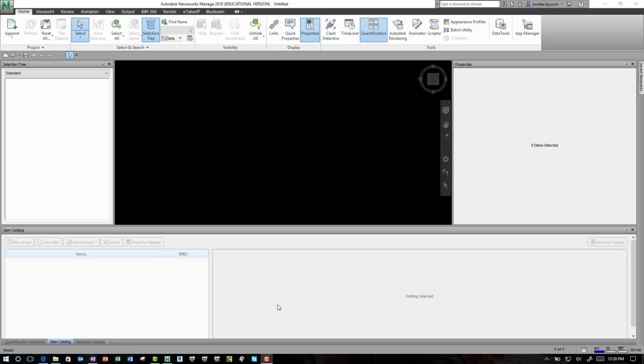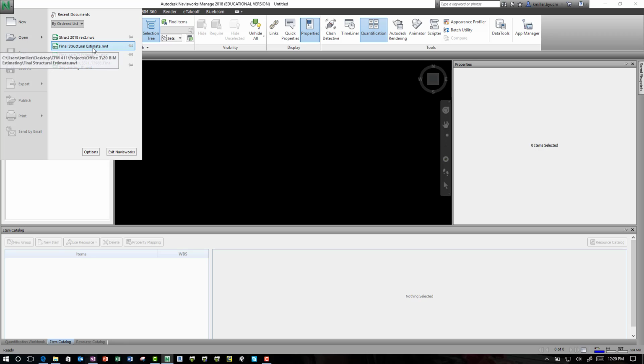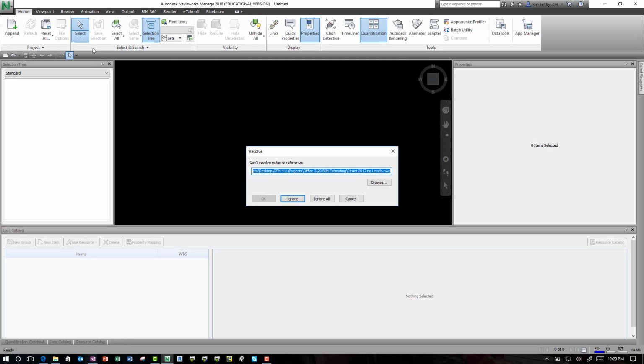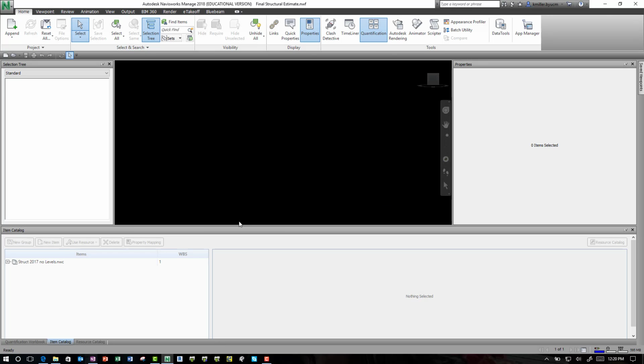Okay, then we'd open up Navisworks here, and I'm going to go find a project that I've previously done. So I'm just going to click here on this. And I've moved some files around, so I can't find the file, so that's okay. So I'm just going to ignore that. But what that does is load up some stuff in the background for me that I'll show you in just